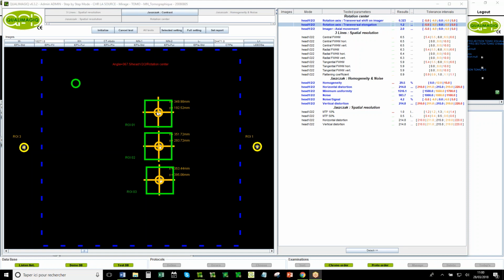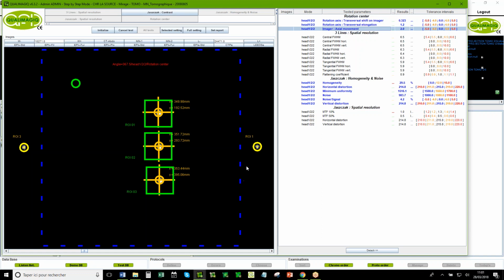This is not tomographic mode. It's a planar mode. So you have the 2 orientations. Right and left is the transversal orientation, and up and down is the axial orientation. The axial test evaluates the movement of the source in the head and feet direction, and these are the parameters. So the source moves 2 millimeters in the head and feet direction.